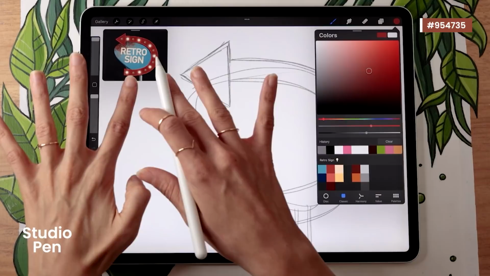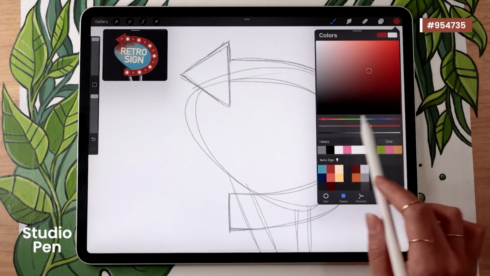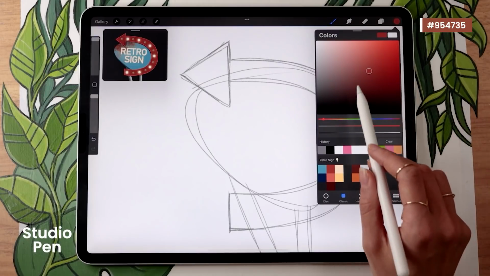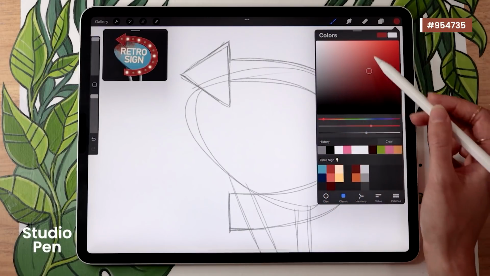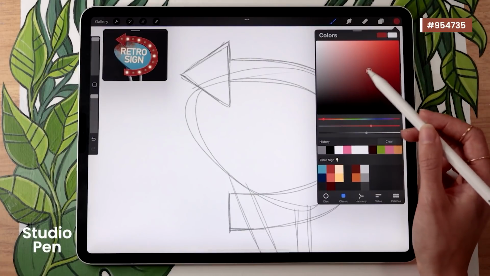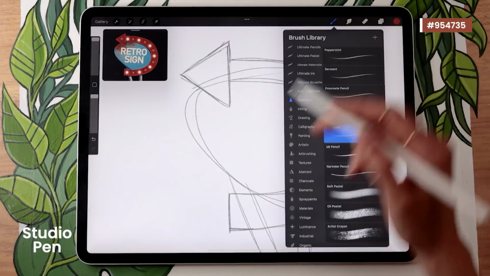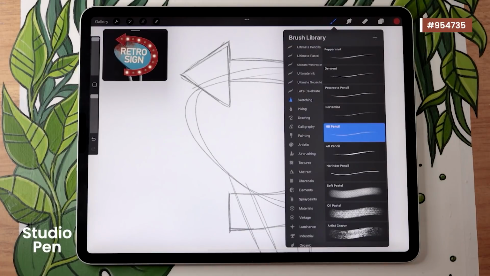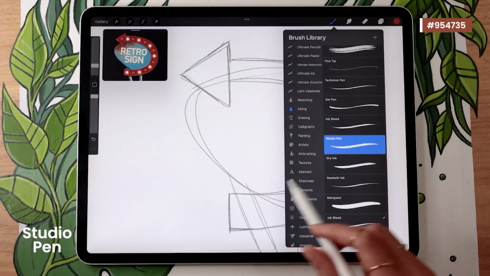If you want more of a retro vibe though, I recommend going with a color that is in the middle of this square right here. So as you can see, it's not super saturated, it's not too desaturated either, not too bright, not too dark, really in the middle. Then with that color selected, you're going to pick a brush that doesn't have any texture to it and that you know you have good control over. So that could be, for example, in the inking pack that comes with Procreate, the Studio Pen.